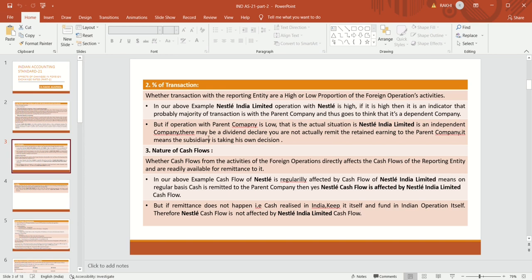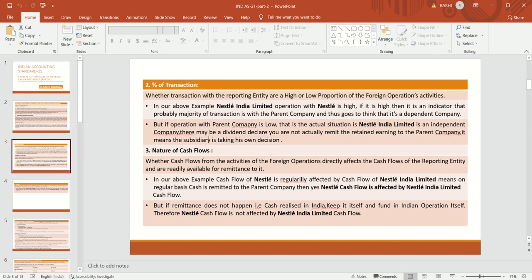Taking the same example, if Nestle India Limited, the subsidiary company, on a regular basis remits its cash to Nestle, then it is affecting the cash flow of Nestle. Means the cash flow of Nestle is regularly affected by the cash flow of Nestle India Limited. Cash is remitted to the parent company on a regular basis and